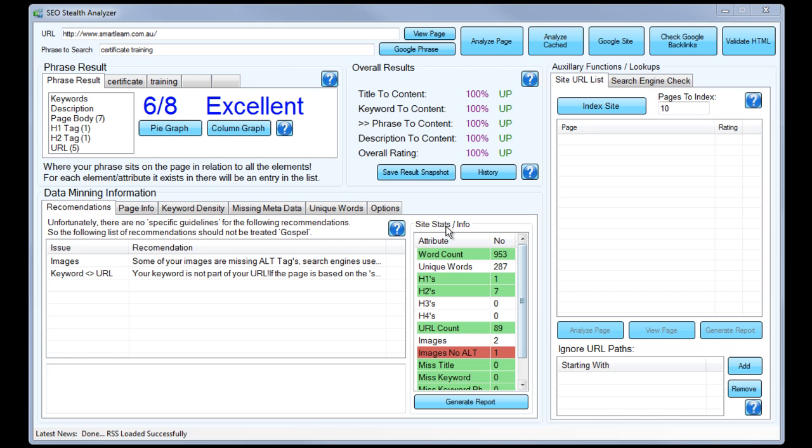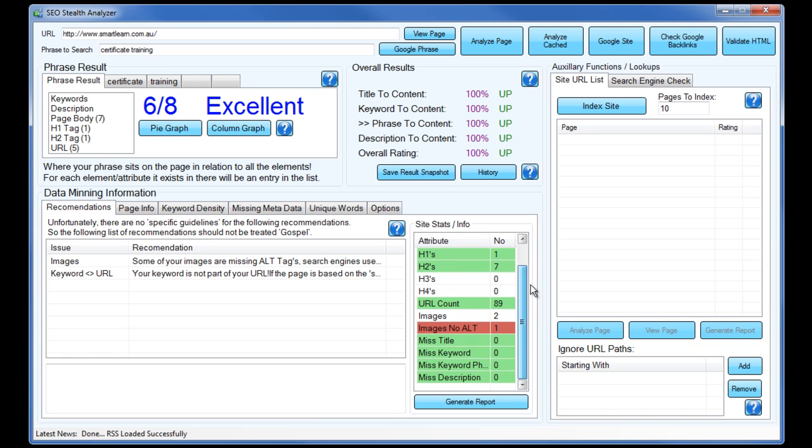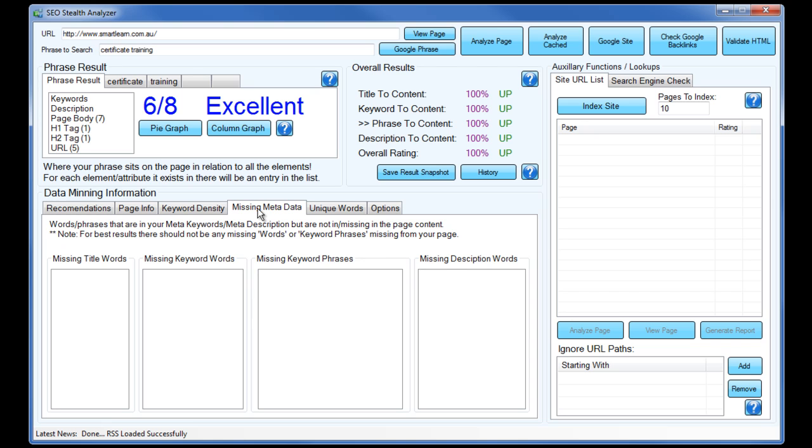So in the site stats, general information, if we scroll down, now we can see missing title, missing keyword, missing keyword phrase, and description is all 0, and now they're all green, which is exactly what you want to see. And if we come over into missing metadata, you can see they're all empty, which is exactly what we want. So if we click Save Result Snapshot on that, and then we look at the history graph,